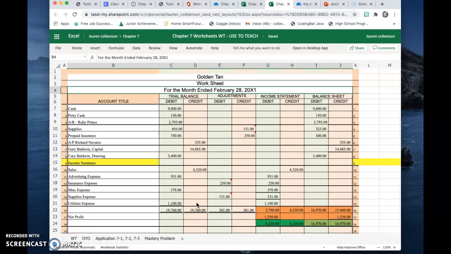Now, that's all you needed to do for 7-1 work together, was to put all of the accounts in the trial balance. Now we move into what are called adjusting entries. Adjustments are defined as changes recorded on a worksheet to update general ledger accounts at the end of a fiscal period. The only accounts that would get updated are accounts that change,